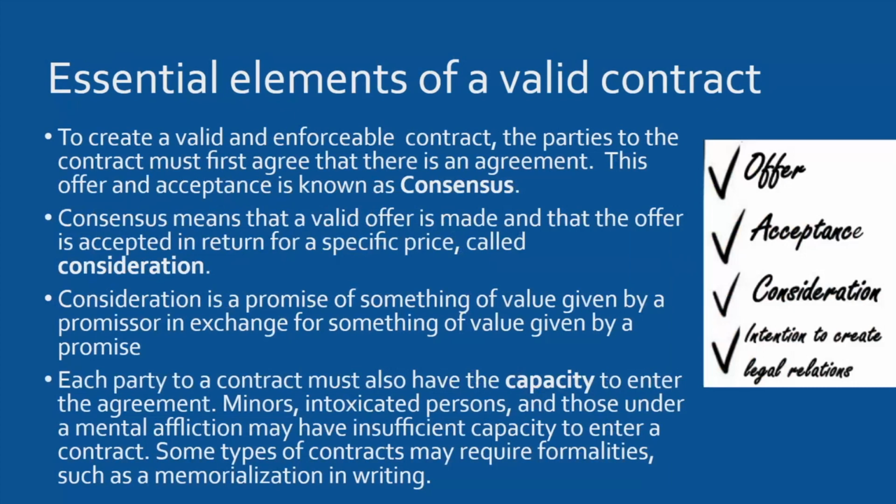So we need to think about these contracts. To create a valid enforceable contract, the parties to the contract must first agree that there is an agreement. The offer and the acceptance is known as consensus. So we have to have this mutual feeling that you and I are making a deal, that we do have some agreement in place here and that we want to enter into it. The consensus means that a valid offer is made and that the offer is acceptable for a specific price,